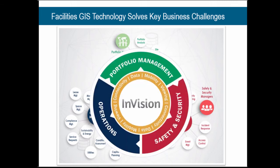Built on Esri technology, the Envision Solution Suite helps you address several key areas of the facility lifecycle, including portfolio management for the identification, inventory, analysis, and management of owned or leased property assets, operations for the planning and management of costs, the optimization of space, the stewardship of assets, and the access to facilities information and documentation. And lastly, safety and security for connecting systems and data together for the proper planning and understanding necessary to better